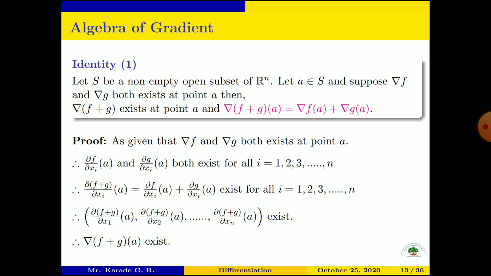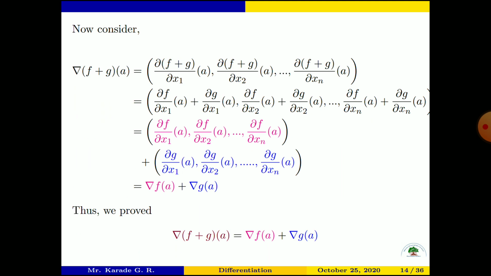Now we will prove the main identity: the gradient of f plus g at point A is equal to the gradient of f at A plus the gradient of g at A. That we will prove in the next slide. So now consider